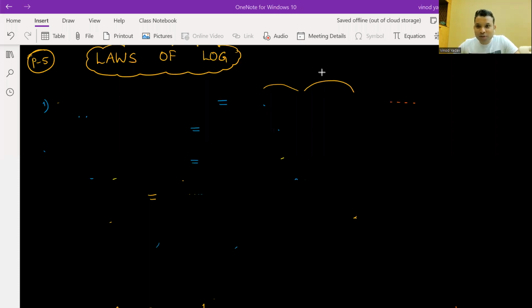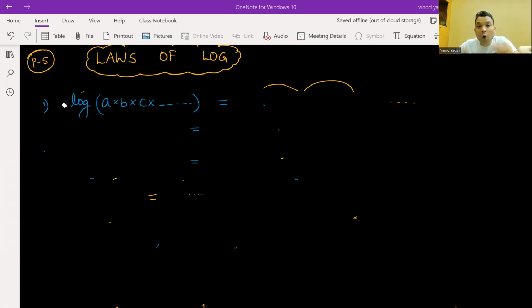So finally, the most important moment of the topic, laws of log, means the rules of log, the main formulae. This will be most frequently used in all the questions based on logarithm. So till now we have done all the background, the foundation, about log. Now this is the main part of the log, friends. Please be very careful. Let's do it. Okay, first rule,